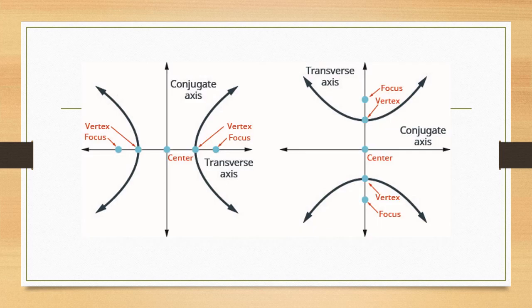Now if you observe, this is how the hyperbola looks. In the first case, the focus lies on the x-axis, so it's the transverse axis, and the y-axis is the conjugate axis. And if the foci lie on the y-axis, in this case the y-axis becomes the transverse axis and the x-axis becomes the conjugate axis. And all the rest of the terminology is in front of you, you can manage it very easily, which is vertex, which is focus.